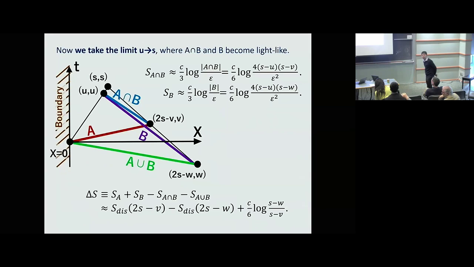Just to clarify, the nullness is only up to the cutoff here, so its proper length is still above epsilon. Yeah, that's right. Yes, exactly. We are not taking strictly zero, but yes. Maybe the constant is cancelled between S_A and the others. Sorry, okay, yeah, it counts. But as far as I see in the holographic calculation, there is no finite piece, because it's logarithmic.